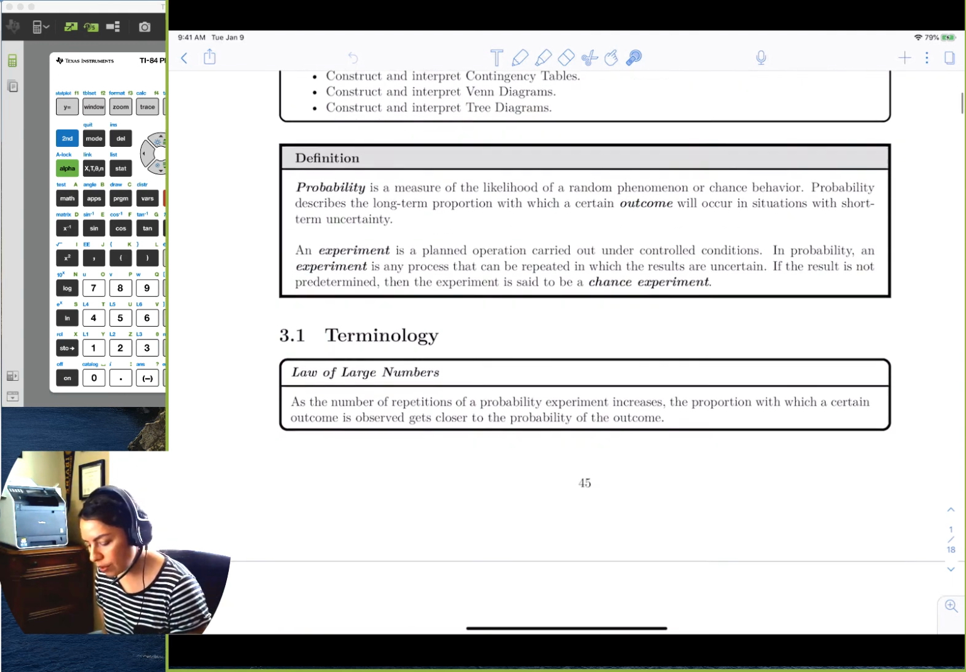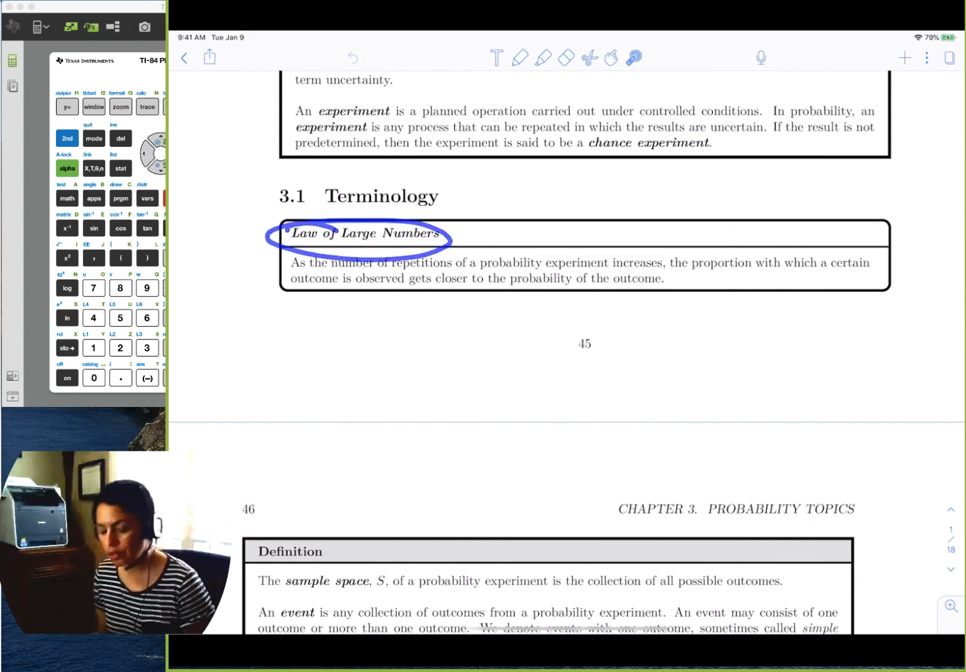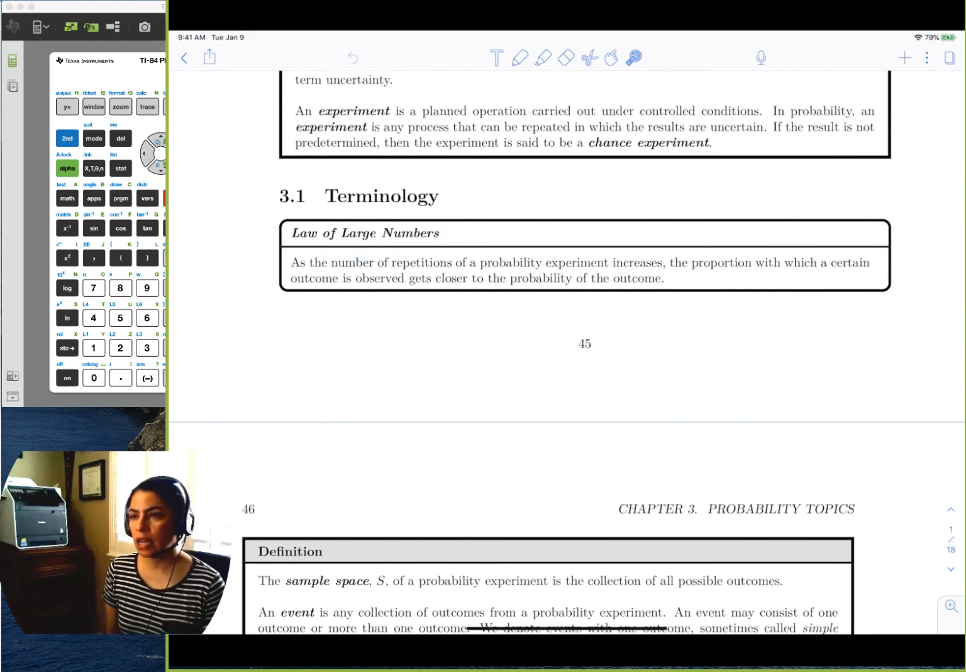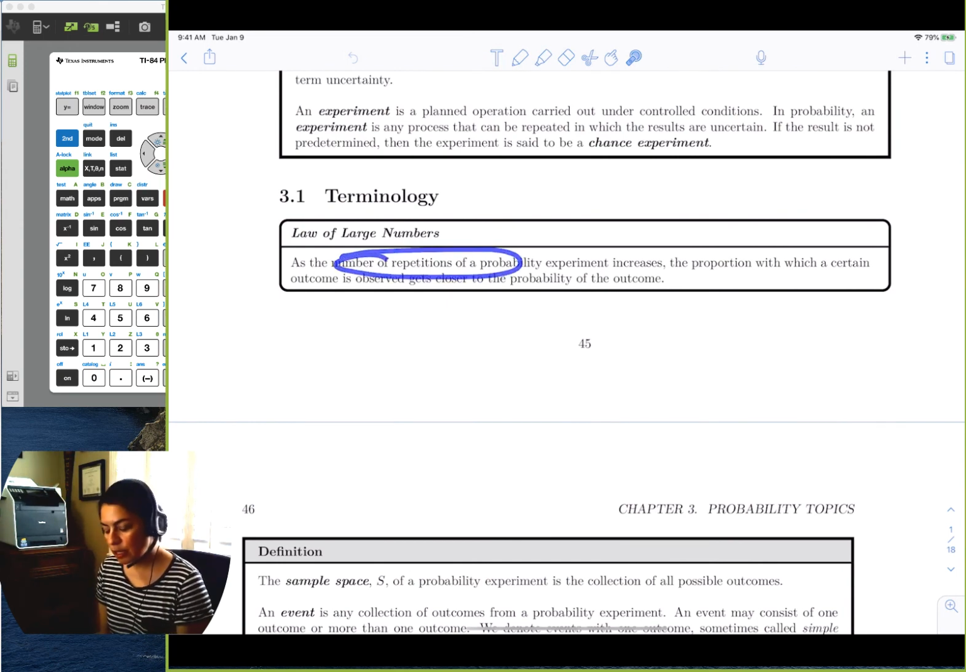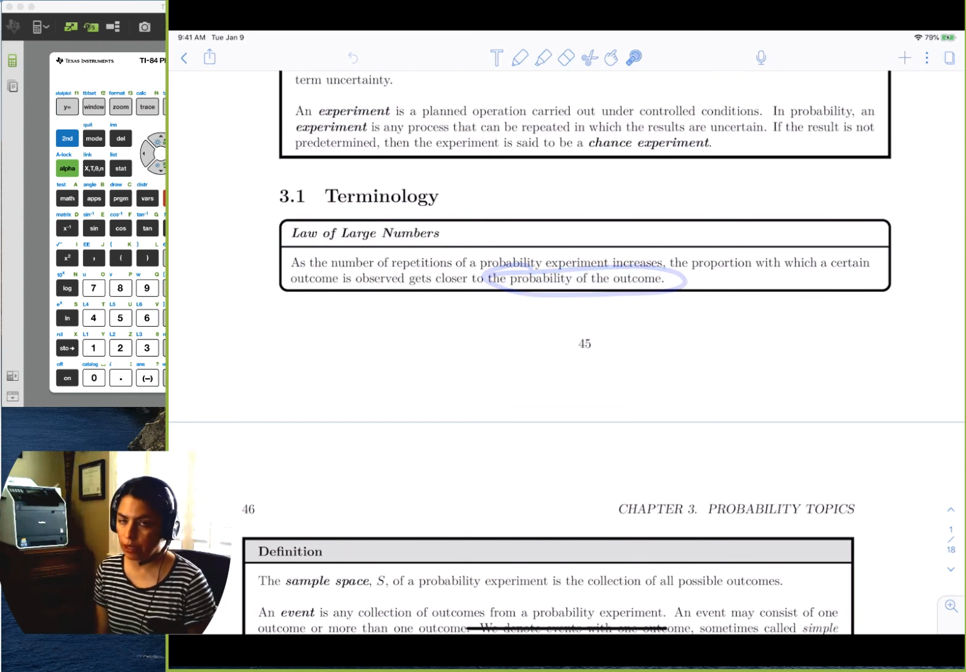Okay, so let's go ahead and start off with some terminology. The first thing is the law of large numbers, and the law of large numbers is exactly what I had just stated. As the number of repetitions of an experiment increases, the proportion with which a certain outcome is observed gets closer and closer to the true probability of that outcome. So essentially, they're saying, well, if you toss a coin 50 times and you see the data and it lands on tails, you can make a statement that says, well, in general, if you toss a coin, it's going to